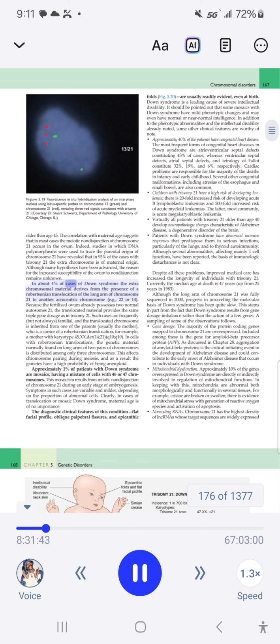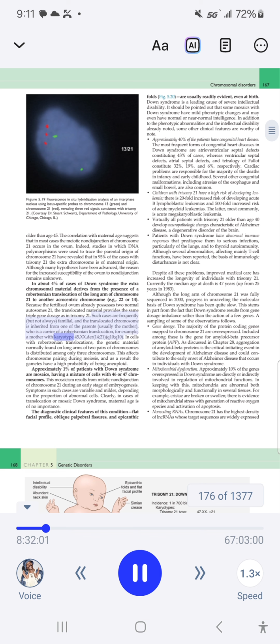In about 4% of cases of Down syndrome, the extra chromosomal material derives from the presence of a Robertsonian translocation of the long arm of chromosome 21 to another acrocentric chromosome, e.g., 22 or 14. Because the fertilized ovum already possesses 2 normal autosomes 21, the translocated material provides the same triple gene dosage as in trisomy 21. Such cases are frequently, but not always, familial, and the translocated chromosome is inherited from one of the parents, usually the mother, who is a carrier of a Robertsonian translocation, for example,